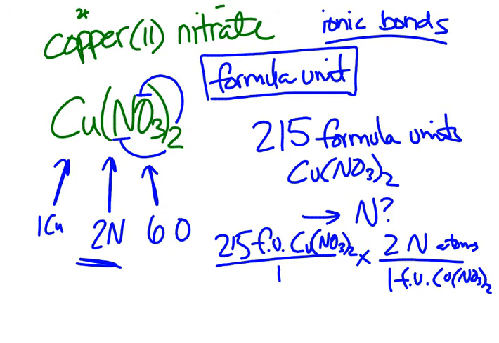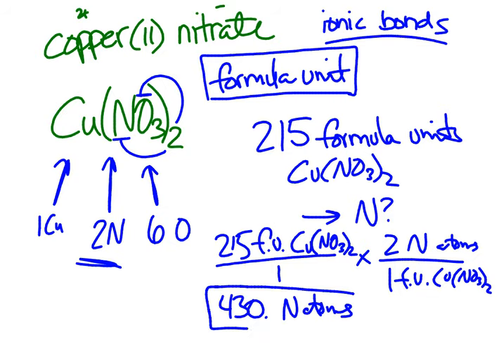So, after doing that, I end up with a grand total of 430 nitrogen atoms. Okay. Pretty simple, right? So that's the review of formula units and of the composition of compounds, what the compounds look like, and what those numbers mean. Okay, so moving on to the meat and potatoes of this video,